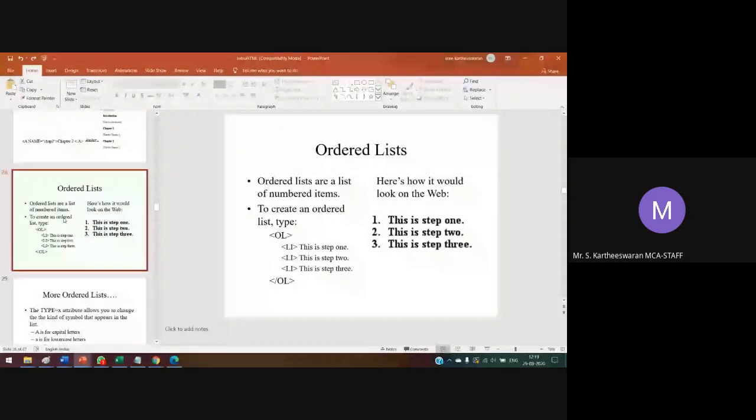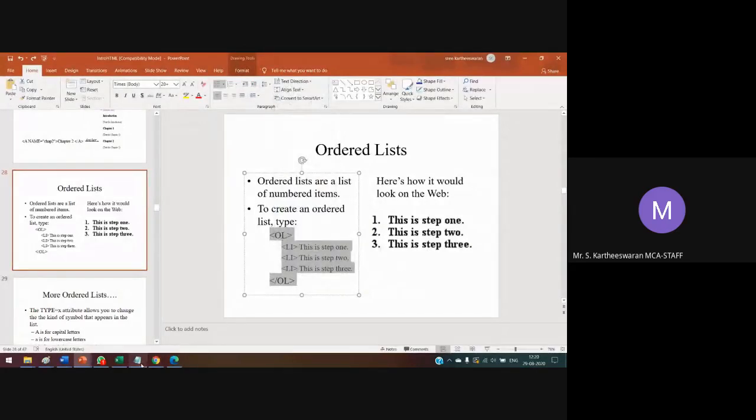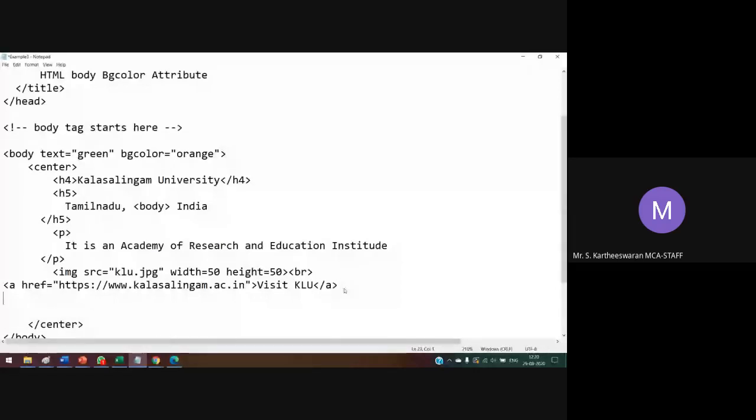Using this ordered list tag, we have to change the size. You are using the bold tag here. Then after visiting the list, it will show some of the ordered lists.